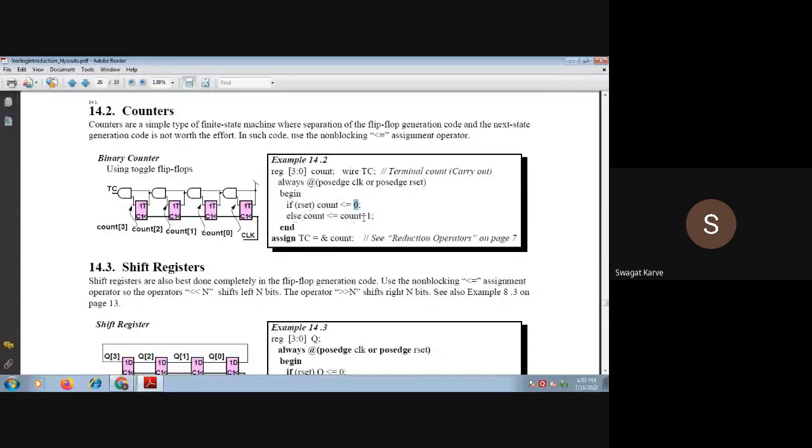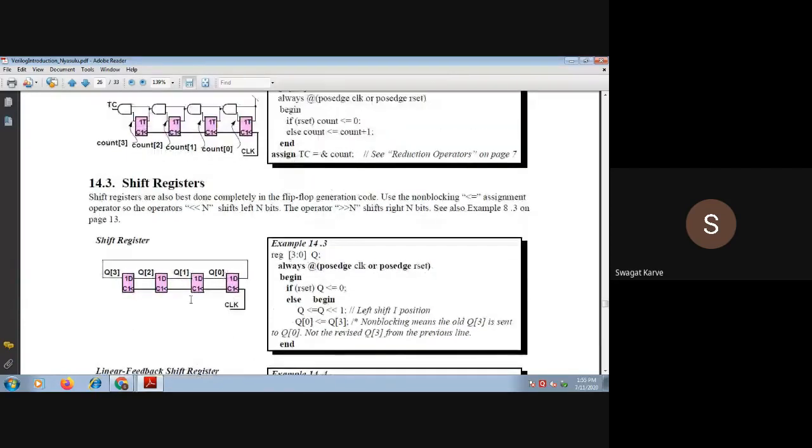Else count = count + 1, and end. Okay, and assign terminal = &count. So in this way, within 5 to 6 lines you can design a 4-bit counter circuit, right?